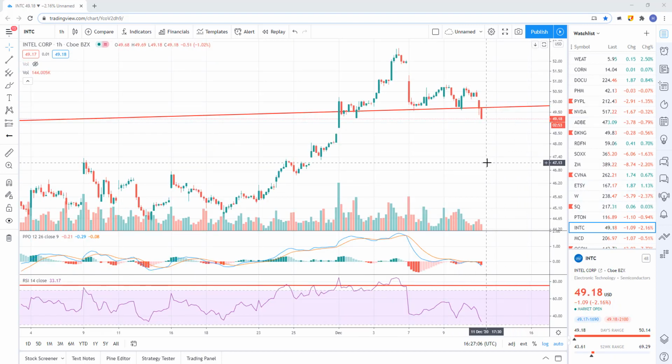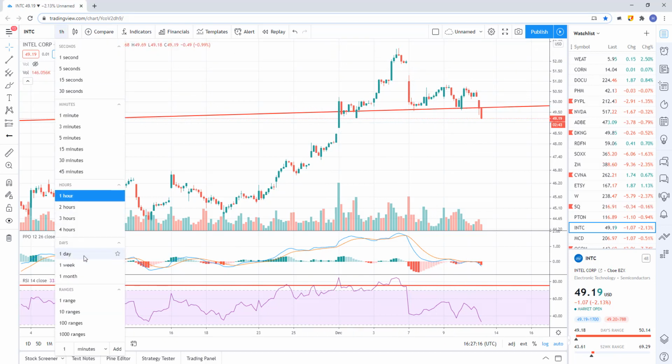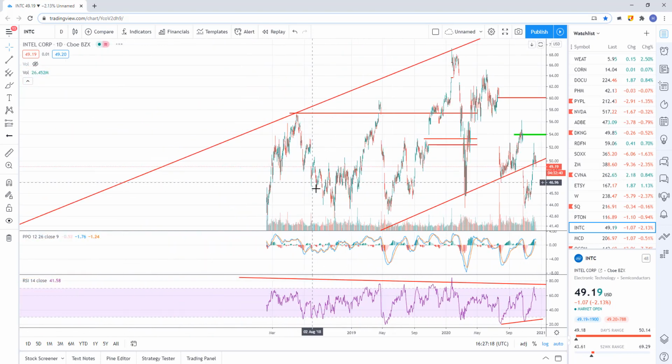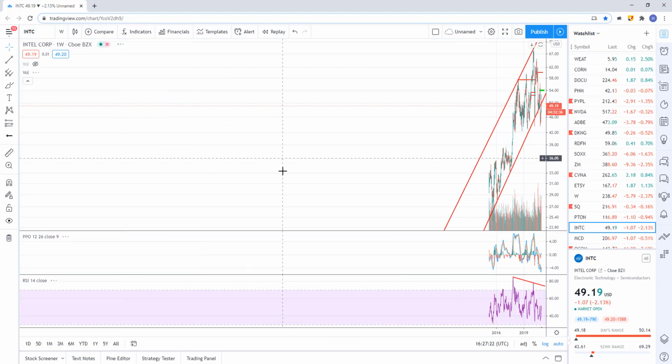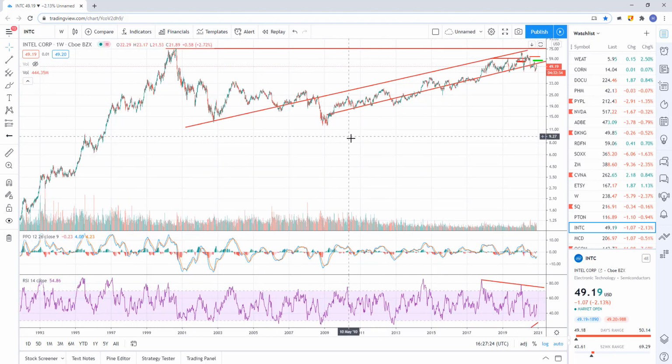This is interesting. Intel, starting to break lower. If we get a close down here, it looks to me like we're going to have a false breakout. I'll show you, this has bigger, longer term implications. If we go to the weekly chart here, this is going back to